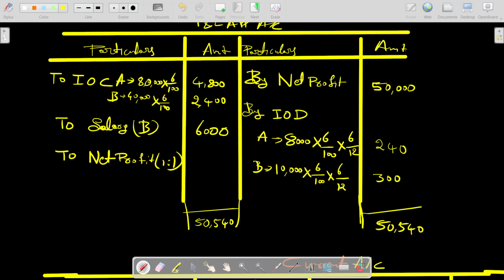We have to subtract all of these debit items from the 50,540,